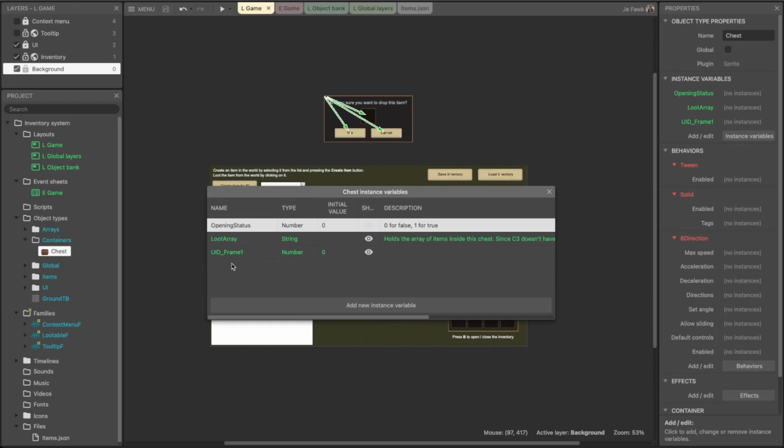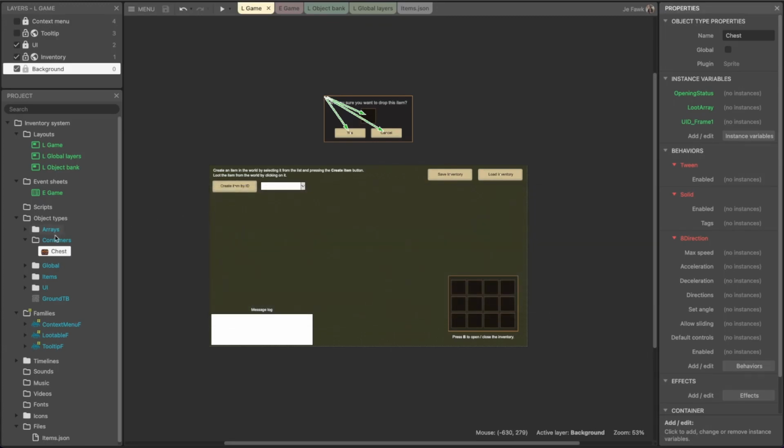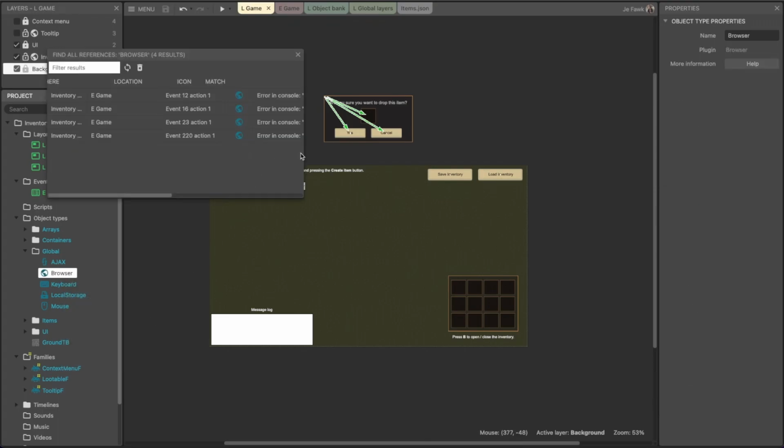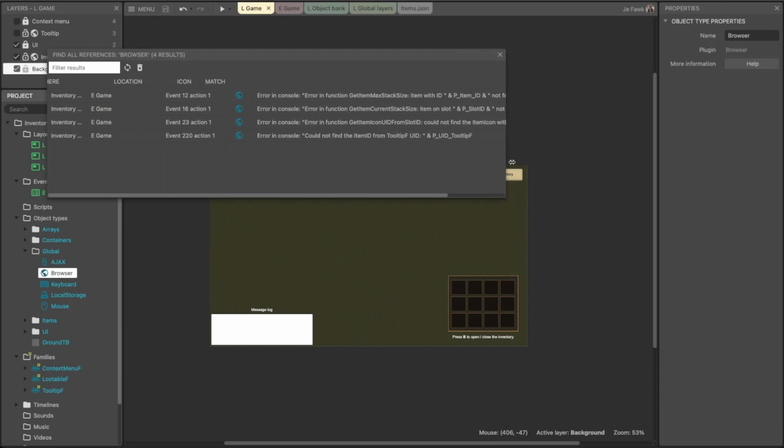On top of those slots are the icons. The chest needs to know which frame it just created so that it can open and close it. In the global folder, there's the Ajax object, which is used to populate the items array based on the items.json. We have the browser object, which is used to throw some errors in the console in case